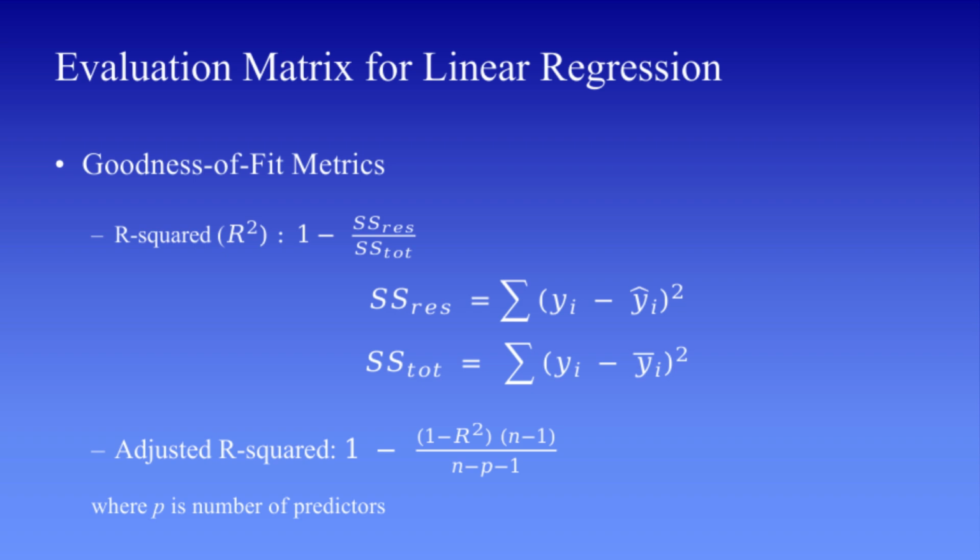Now, let's move to adjusted R-squared, which is an improved version of R-squared. The formula for calculating adjusted R-squared is given in this slide. Why do we need adjusted R-squared? The problem with R-squared is that it always increases when we add more variables to the model, even if those variables are not useful. This can give a false impression that the model is improving. Adjusted R-squared solves this problem by penalizing unnecessary variables. It increases only when a new variable actually improves the model. So, it gives a more realistic measure of model performance, especially in multiple regression.